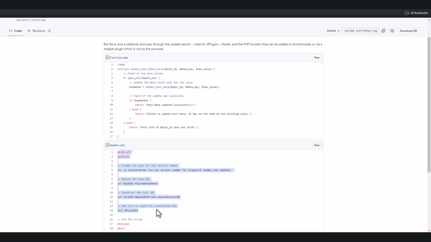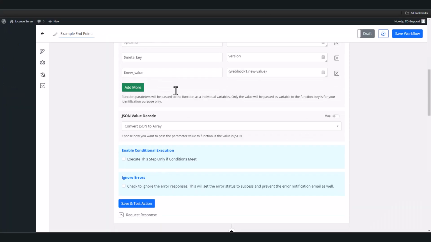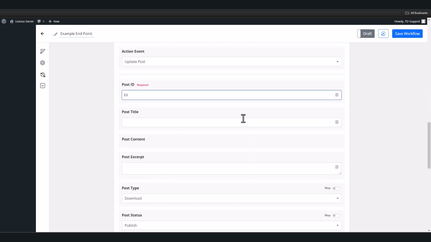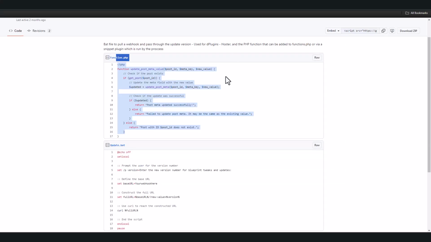So this sends our meta value, this receives our meta value, and then the workflow updates our post type, which is a custom post type in this case, which is a download, and it updates the post ID with the new meta value, and that's it. The whole thing works on 35 lines of code and does something that I couldn't do before. And this is why